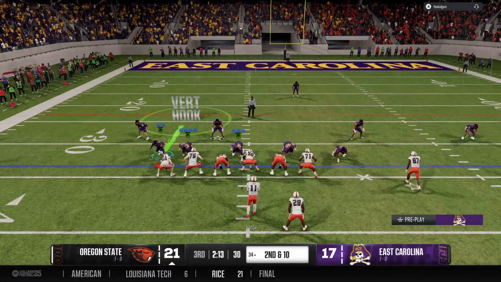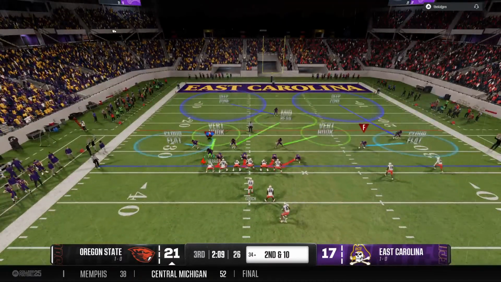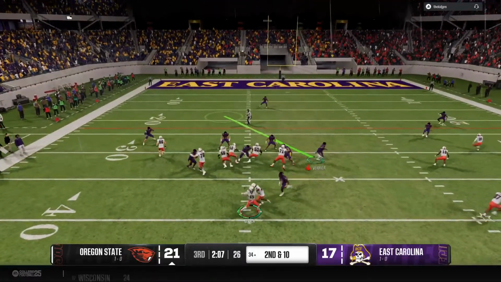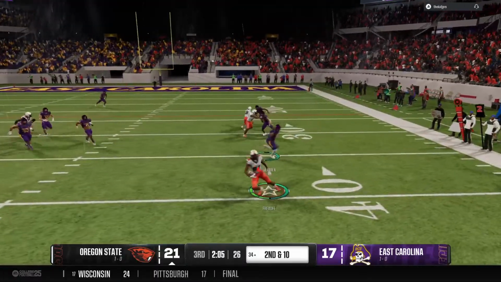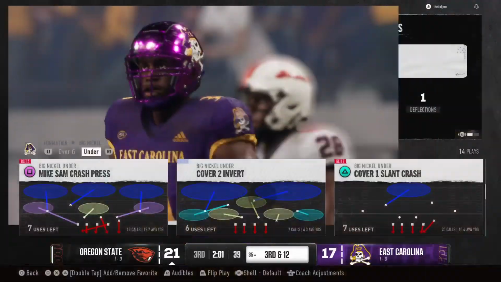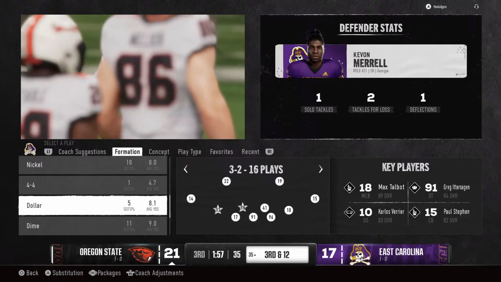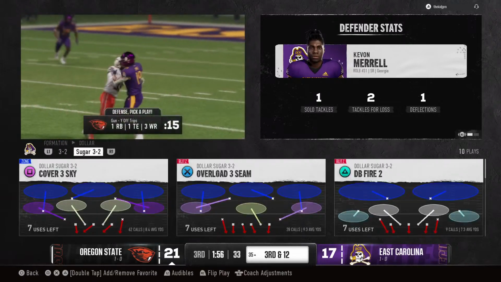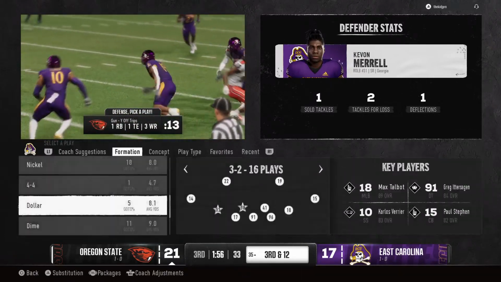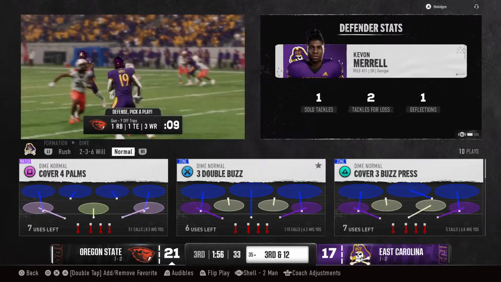It's 2nd and 10. In blue. He's got it on the right. He's brought down, but he went backwards after that completion, not the way they had it drawn up. Offense just trying to get the ball to their receiver quickly out in space to the perimeter of the field, but how about the speed of the linebacker? Able to close and make that tackle. That's impressive.